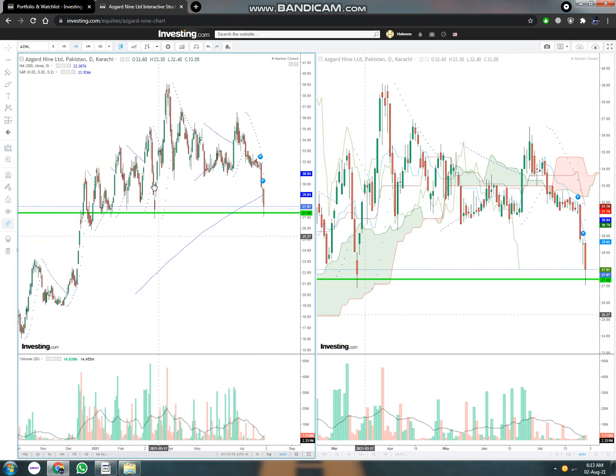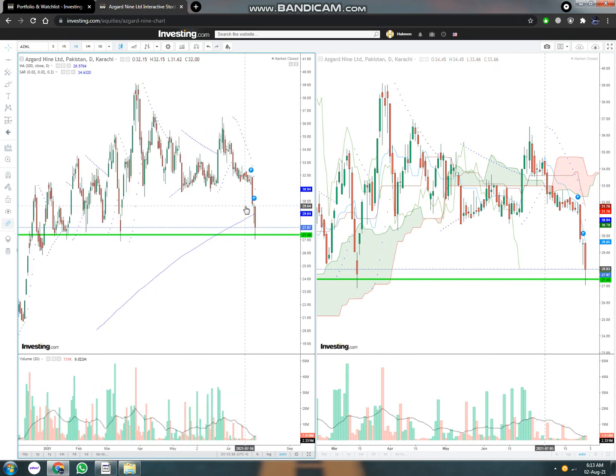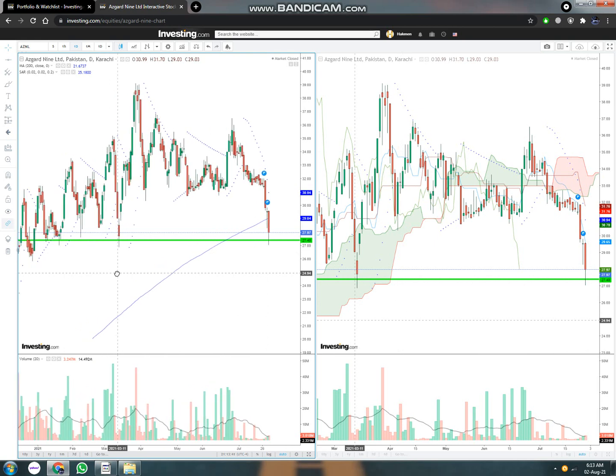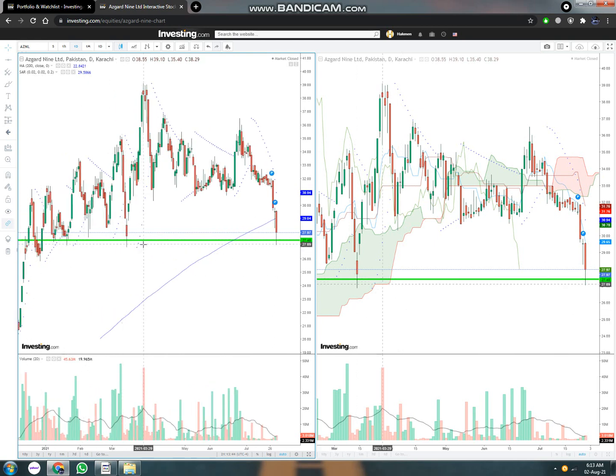Now before going forward, I forgot to mention the 200-day moving average. I do not use the 9-day moving average, I use the 200-day moving average. So I've applied it right here, and now let's say you bought a stock right here, you left it trading, and then suddenly it collapses. So at this point you'll have to recognize your support level, your resistance level, your support level, and that support level that you recognize,